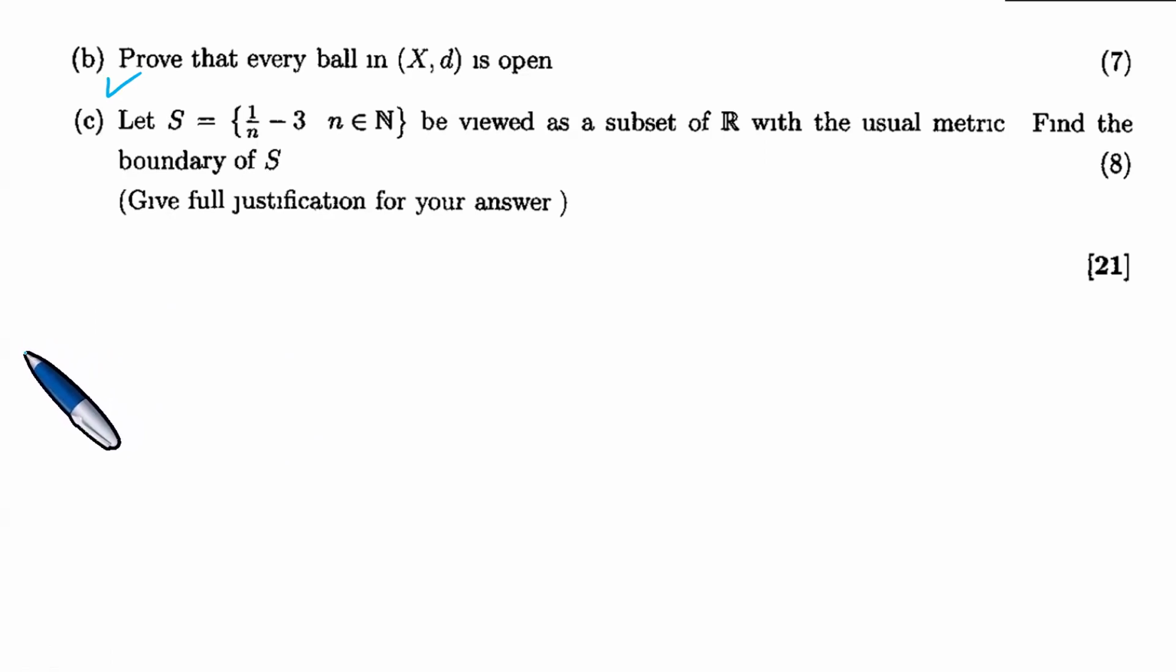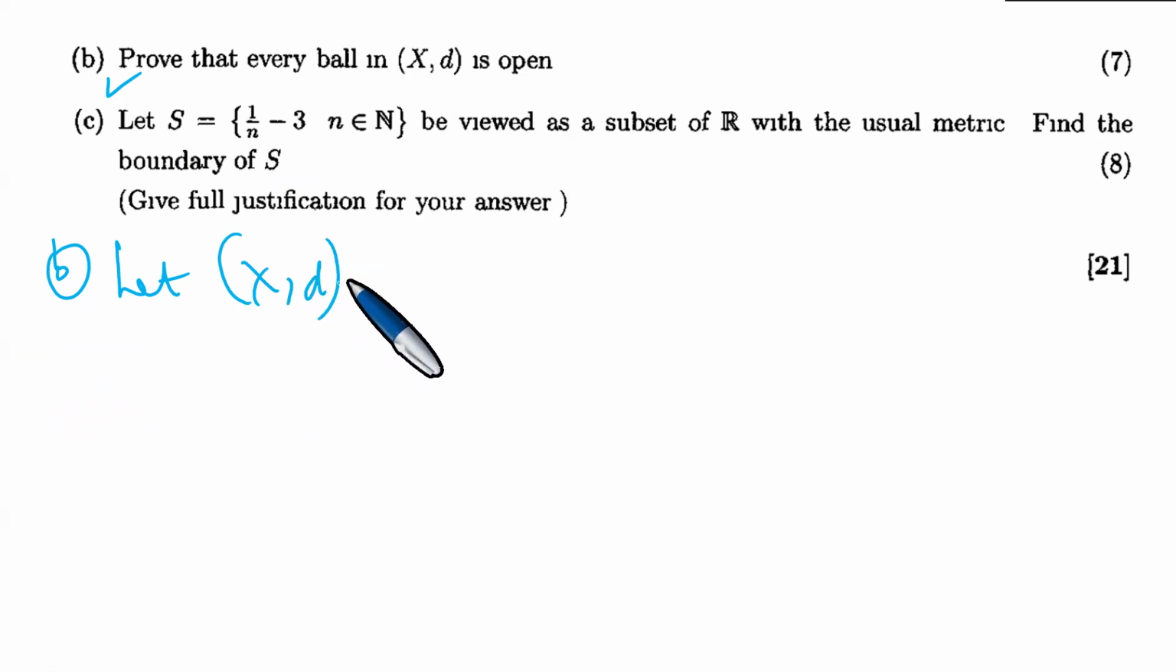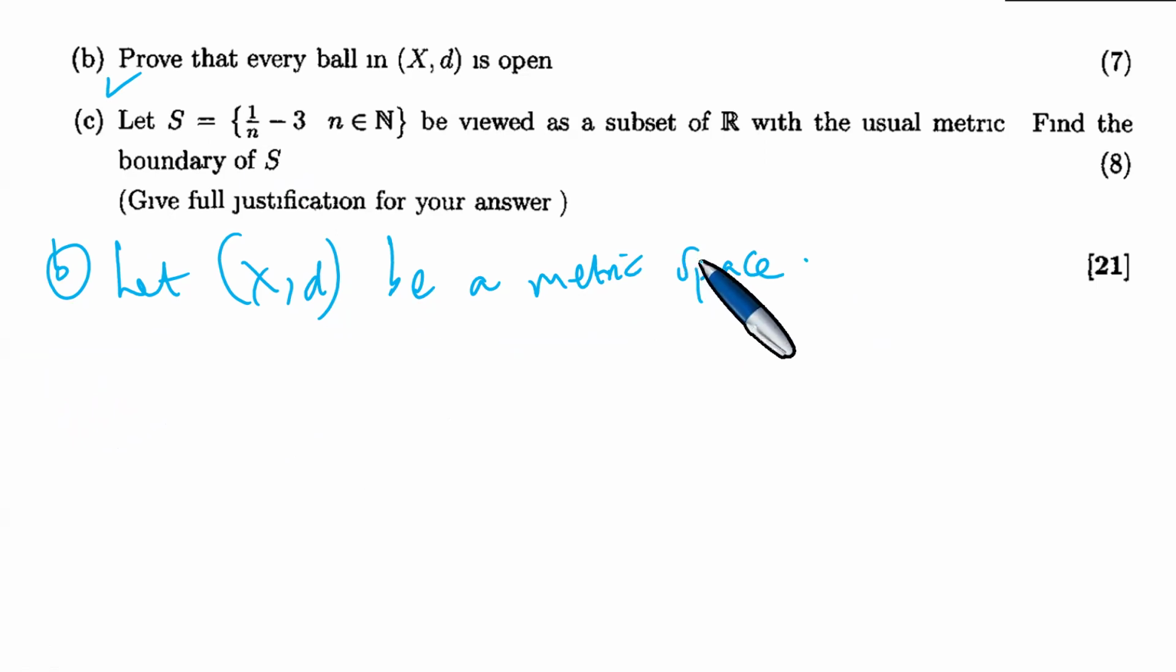Now, to prove this one here, we're doing part B, you let (X, d) be a metric space. Note that we have not quite yet defined a metric space. Once again, a metric space is a set X endowed with a distance function, called a metric. And this distance function is able to,